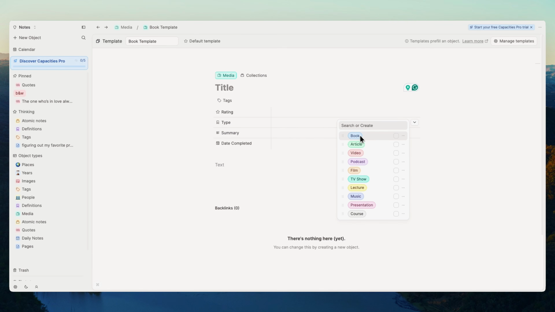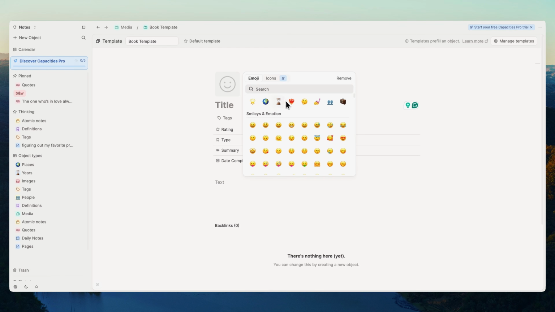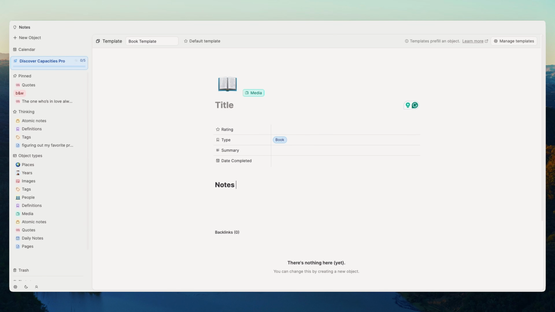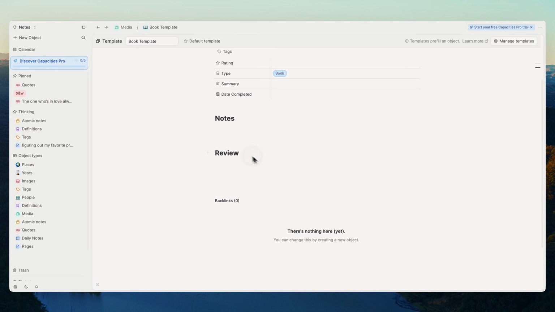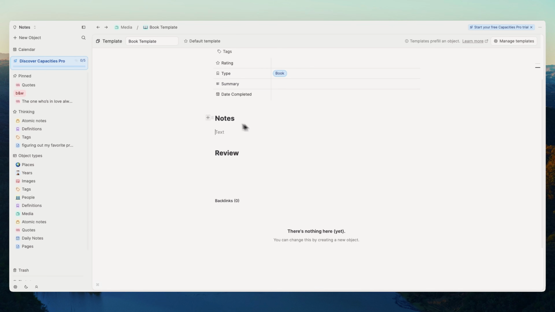So I can go ahead and select book for here. And I can say, okay, I know that I want to have, does this have an icon? Yeah, I want all my books to have this book icon. I want them to have the book type. And then I would like to have a notes section and a review section, right? And what I did there, in case you're not aware, is you can, and another thing to mention is that